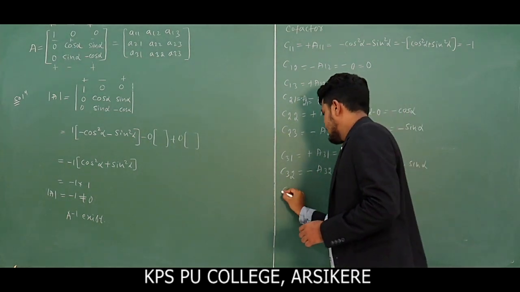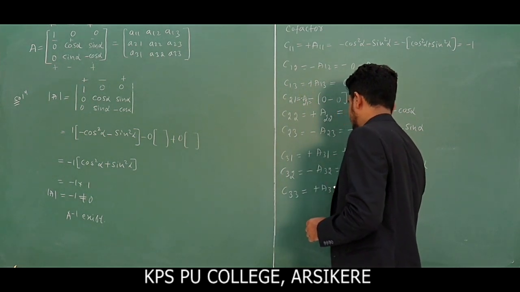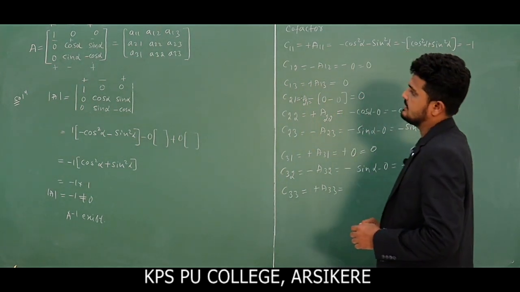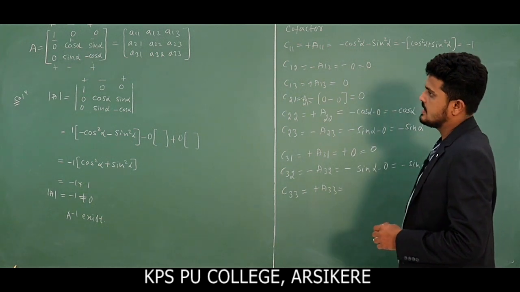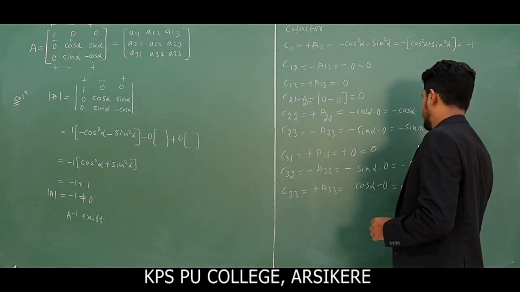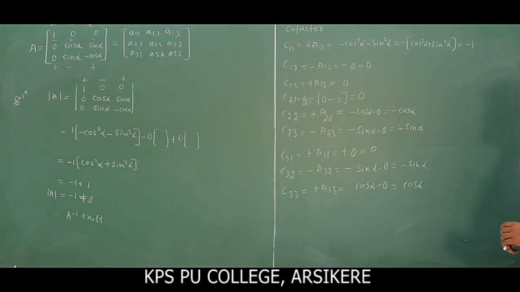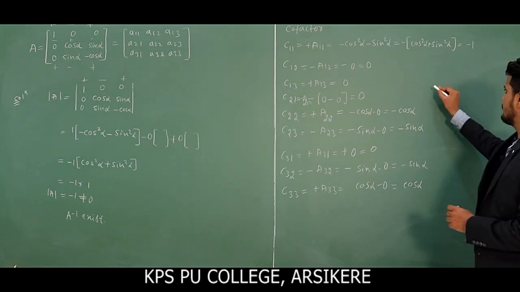So last one, C33: eliminating third row and third column, 1 into cos alpha minus 0, which is equal to cos alpha. This is the value of the cofactor, right? Therefore